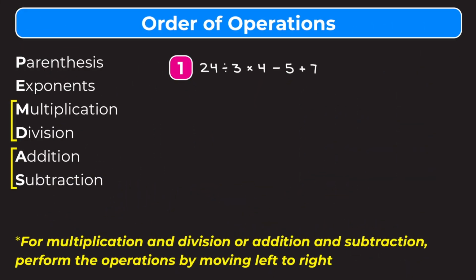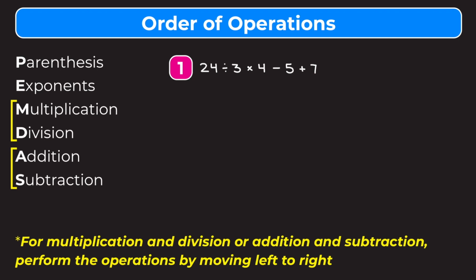In this video, we're going to be learning about the order of operations. And if you look to the left on our screen, you're going to see this acronym PEMDAS, which stands for parentheses, exponents, multiplication, division, addition, and subtraction. And PEMDAS is going to tell us the order in which we should complete these operations when simplifying an expression,